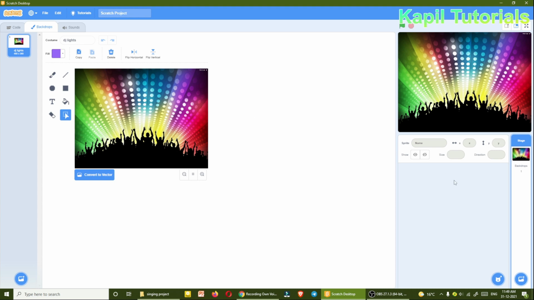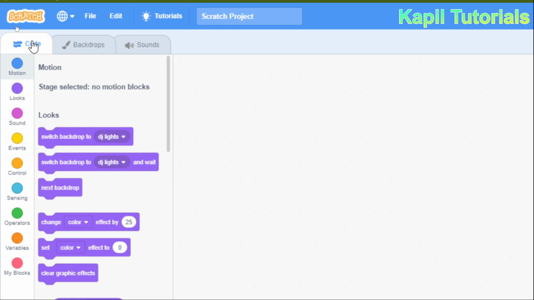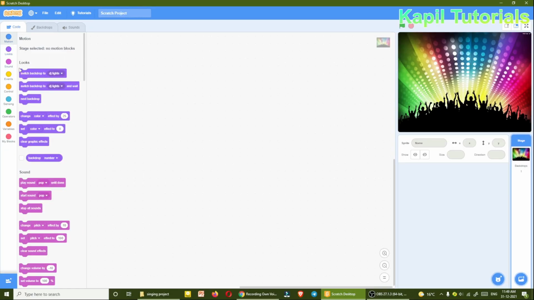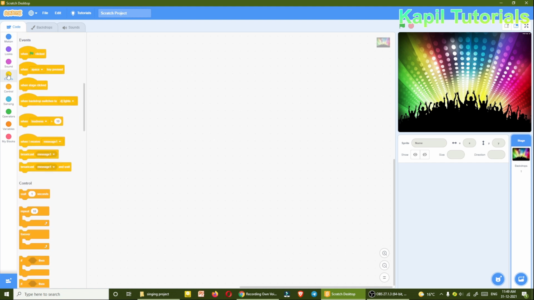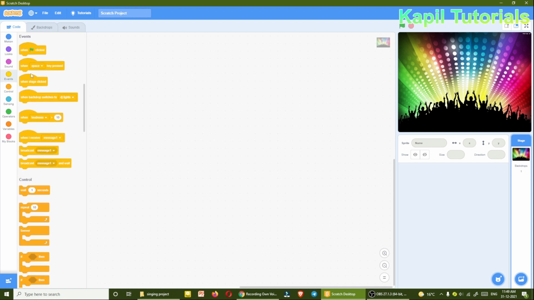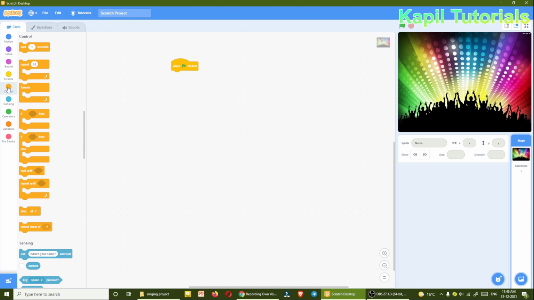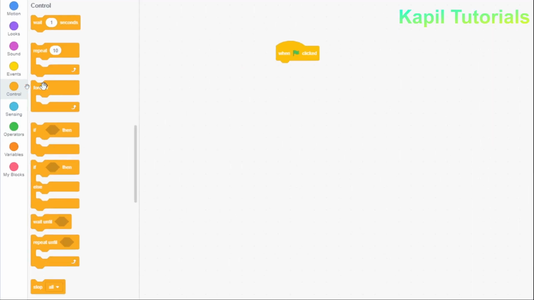Now very simple coding I have to do here. As this backdrop is selected, I'll go to code, and from here directly I'll click on events, and then from here when clicked, and then forever, here you can find forever command.